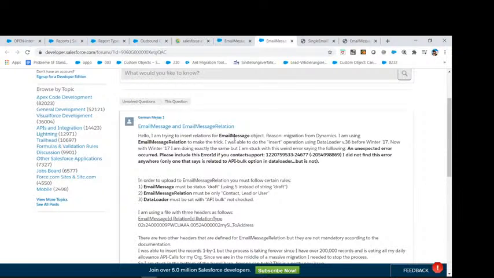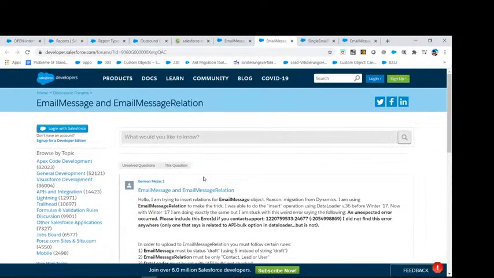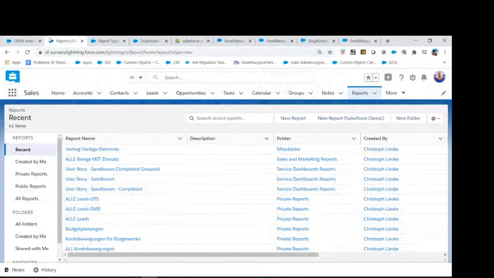Hello, I'm trying to insert relations to... Reason, okay, that's going to be the relation. Reason is why. Maybe we can get some more information about this. Migration from Dynamics. Okay, I'm trying to do an insert operation using Data Loader. No, but I'm doing exactly the same, but I'm stuck with the following. Expect. Okay, please include... I did not find this anywhere. Okay, here's just an issue, and maybe we should also put this issue in as